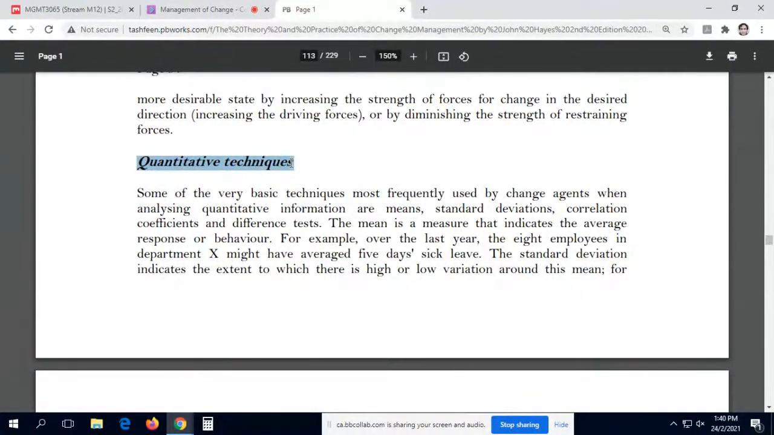Quantitative techniques, like mean, standard deviation, correlation. So what I wanted to say in this discussion is that those courses which you do in mathematics, statistics, they are also very important. So don't take them lightly. Pay attention to those things, at least the basics. They will help you